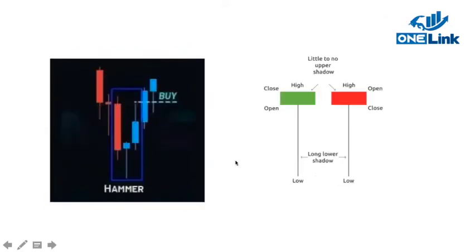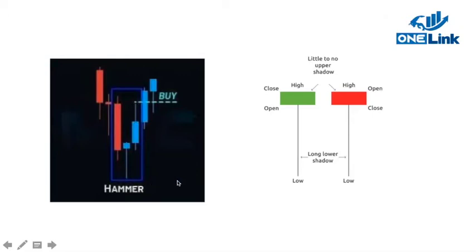Okay, so this we call a hammer. It's upside down. Shooting star happens at the resistance, hammer happens at the support. Same thing, same definition. When you get a hammer form and you get a second candle confirmation, then on the third candle, when the price overshoots the second candle, that will be your buying position. Enter the trade in a buy position. Even though it may give you a wrong indication, this will be